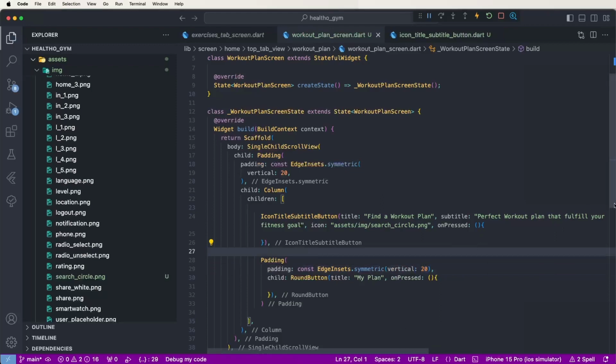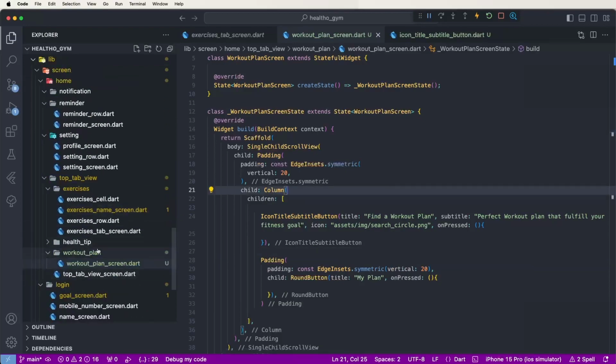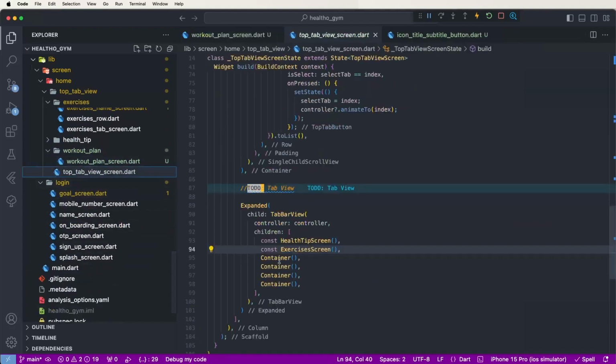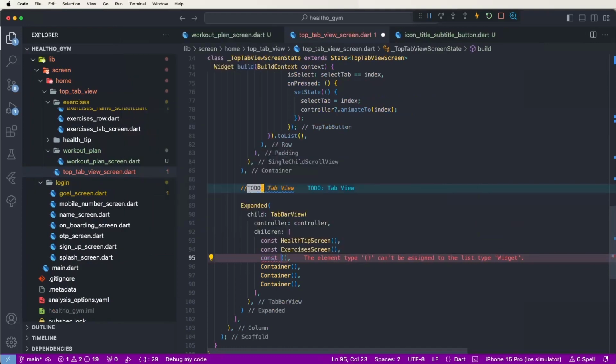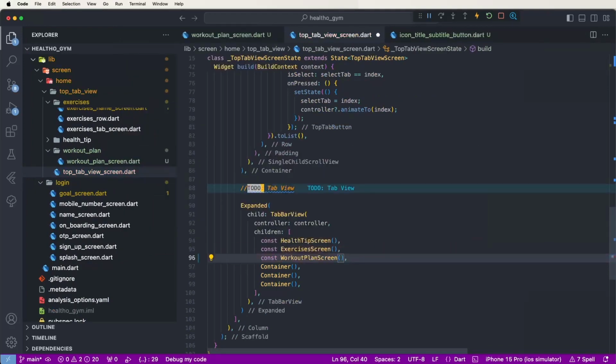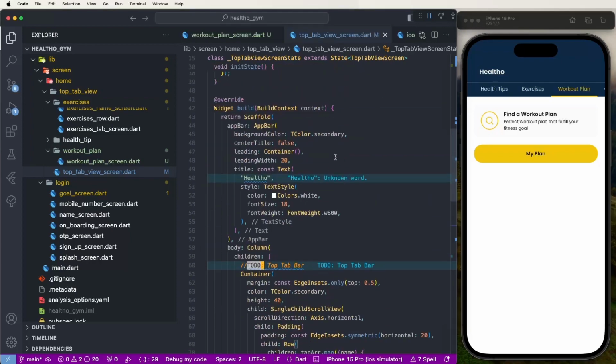Save here. Now need to configure inside, first of all, the main tabs and to see the UI. Go inside the top tab view and set here the const workout on screen and save this here. Now need to see here and change this tabs, look like this, show this UI, and we need to show here, maybe we need to check here